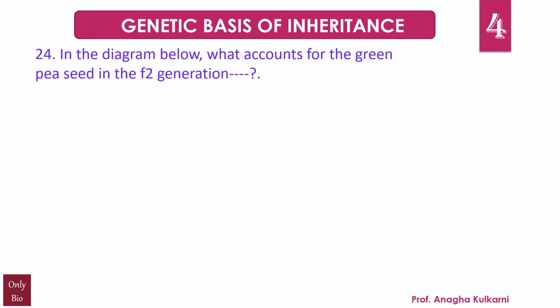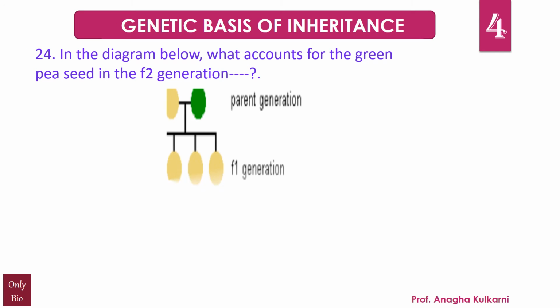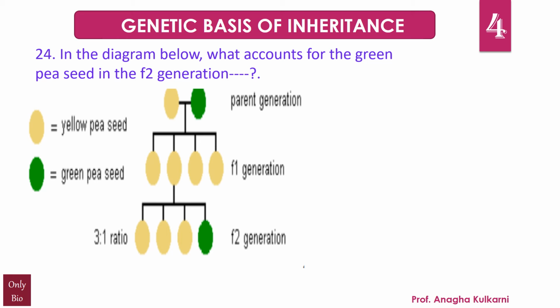Question number 24. In the diagram given here, what accounts for the green pea seed in the F2 generation? And here's the diagram. You can see the parent generation having one yellow and one green pea seed, F1 having all yellow, and the F2 having three yellow and one green. And your options here are